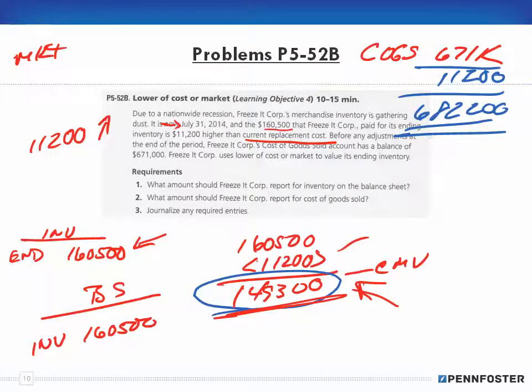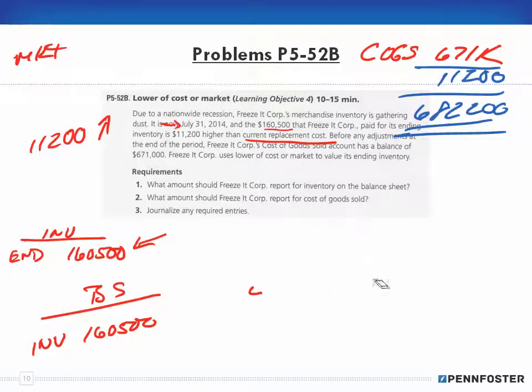Okay, and of course the journal entry to do that would be